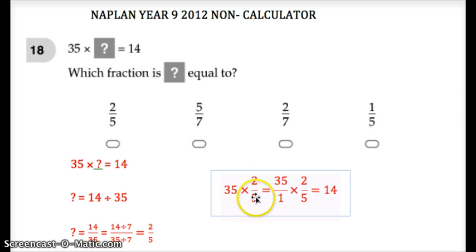So we've got 35 times 2/5. Because we're multiplying this number by a fraction, we'll write 35 as 35 over 1 times 2/5. Notice that the 5 will go into the 35 7 times. So we can divide the 35 and the 5 both by 5. So 35 divided by 5 is 7. 5 divided by 5 is 1, and then we're left with 7 times 2 is 14 on the numerator, 1 times 1 is 1 on the denominator, therefore the answer